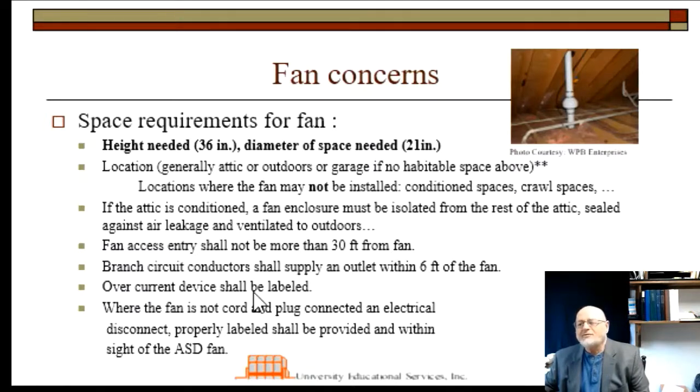You can read through some of these other items here. Effectively, take a look at this. Branch circuit conductors shall supply an outlet within 6 feet of the fan. That is, if you're using a junction box or a light fixture, then that needs to be within 6 feet of the fan. The goal is, if someone needs to service the fan, he needs to be able to unplug or disconnect the fan and see that it's been disconnected before he sticks his hands into the fan. Okay. And so you can look through this and see what's going on, and note that there should be a label